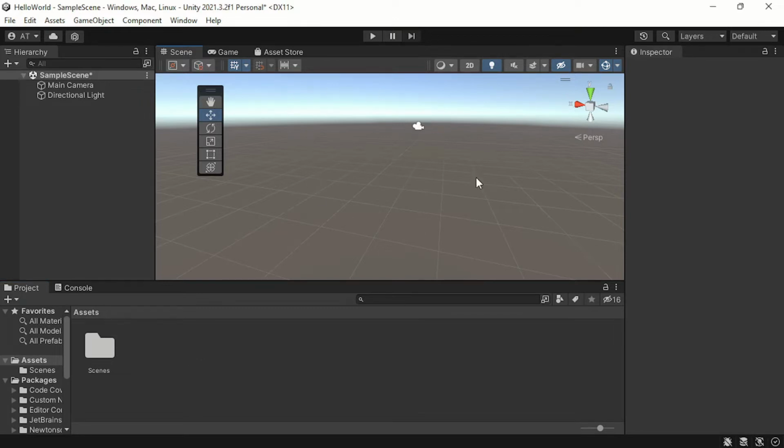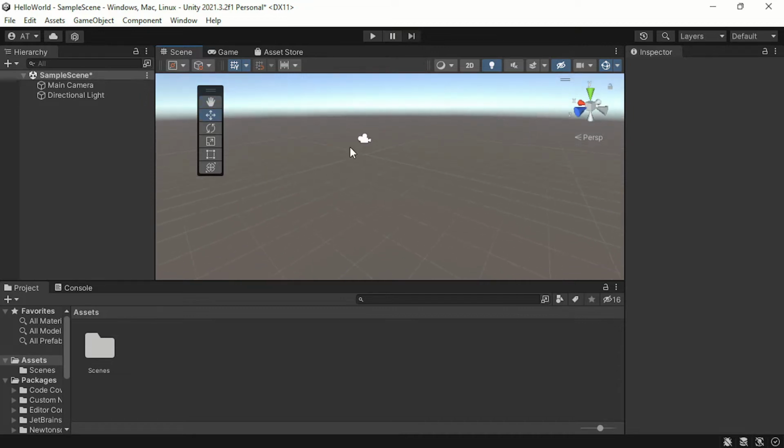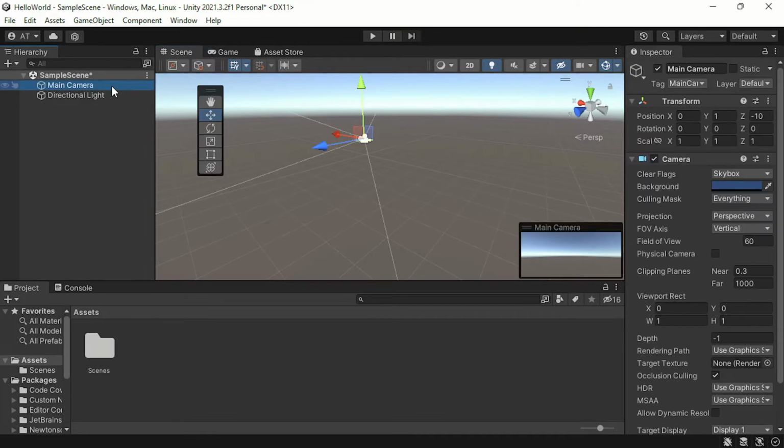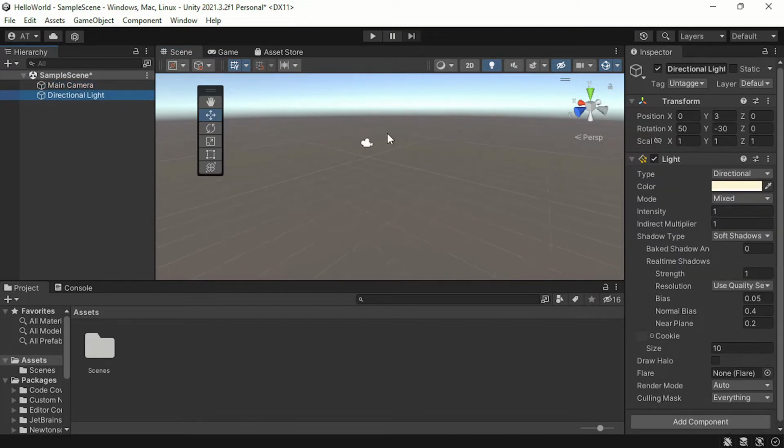The Scenes tab shows you all the assets that are currently in the scene. You can think of scenes as game levels, but they don't necessarily have to be. They're just scenes within the game: cutscenes, mini games, whatever the case may be. The Scene tab shows you everything that is in your scene, and by default, the scene that loads with a project has a main camera and a directional light,